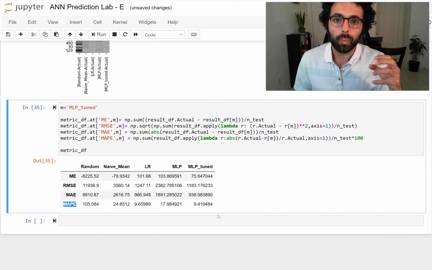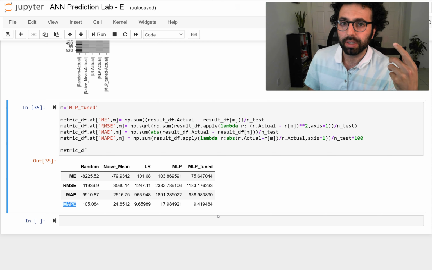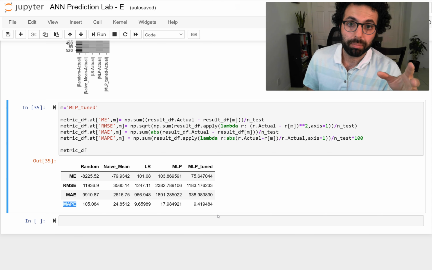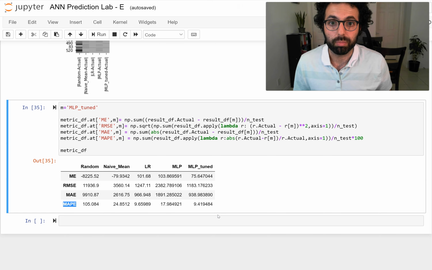Alright, in this video, we predicted car prices using MLP. We compared it with linear regression, and also we saw that tuning the MLP algorithm is going to have a meaningful impact on how successful the algorithm can be. But we also saw that linear regression might not be as good as tuned MLP, but the amount of time we spent on creating linear regression and also the computational cost that went into it was much lower than MLP tune. So that's also something